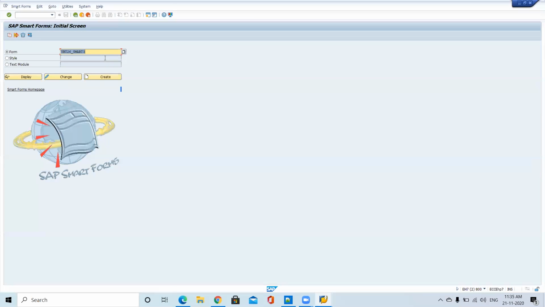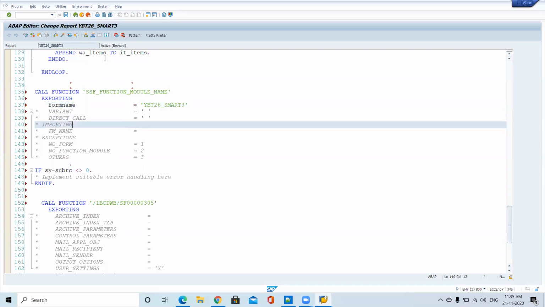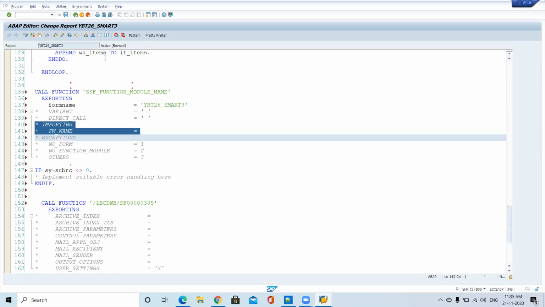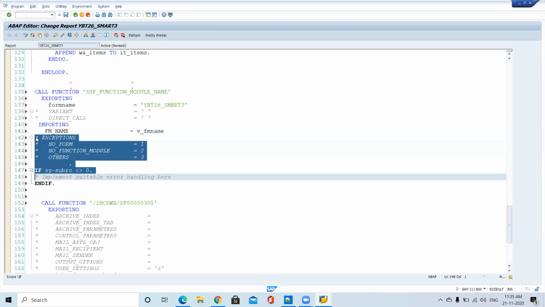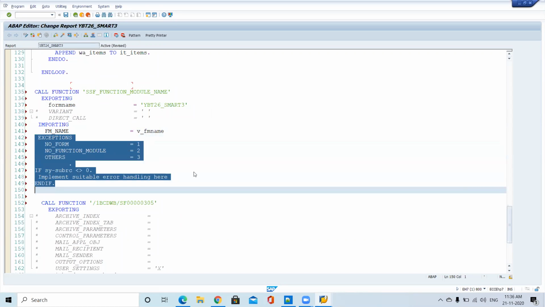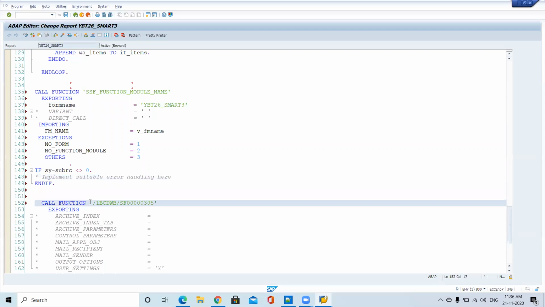YBT26. Pass your smart form name, then it will give the relevant function module. Instead of hard coding the value, pass the variable name.